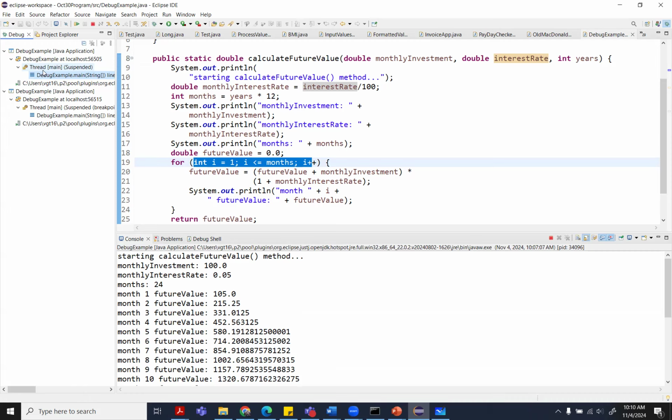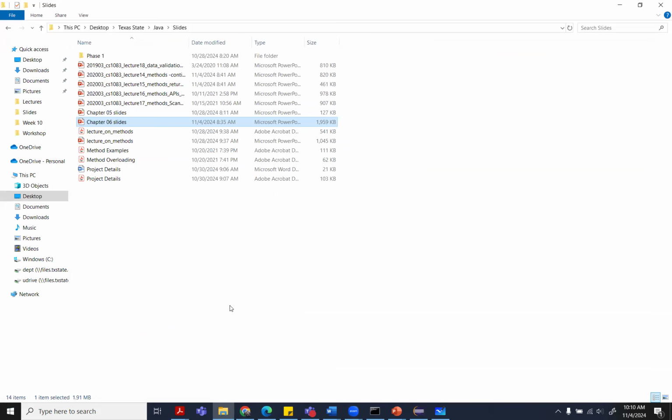But as I mentioned, the debugger allows you to check if there is any kind of a logical error in your code. Let me go on to certain other aspects which are important for you to understand, on how exactly methods can be written, and then how you can debug if there is some kind of an error in your method. So let me open